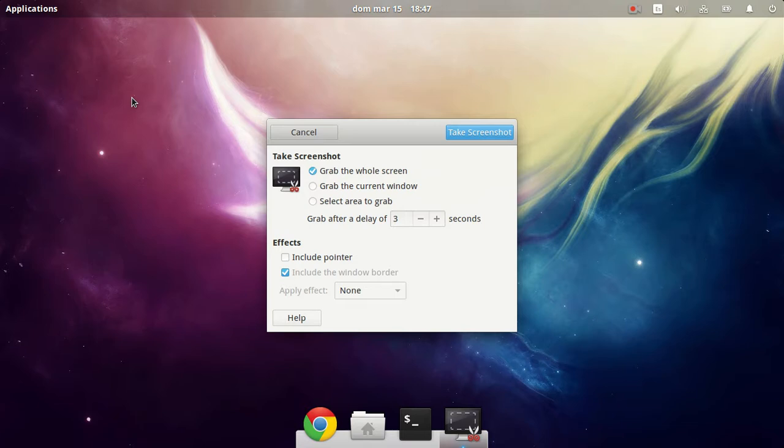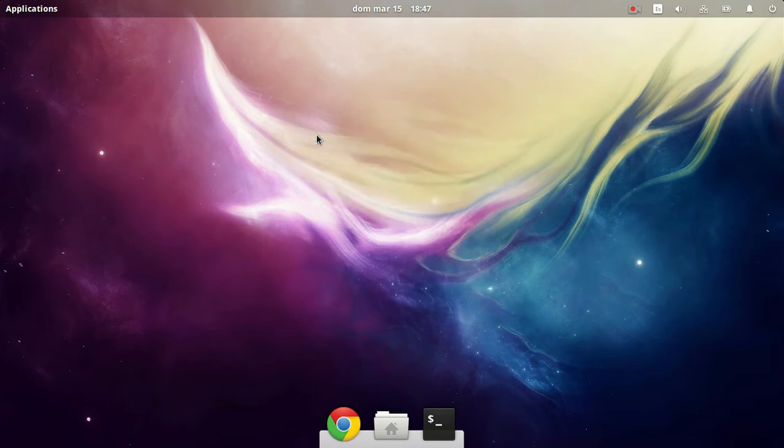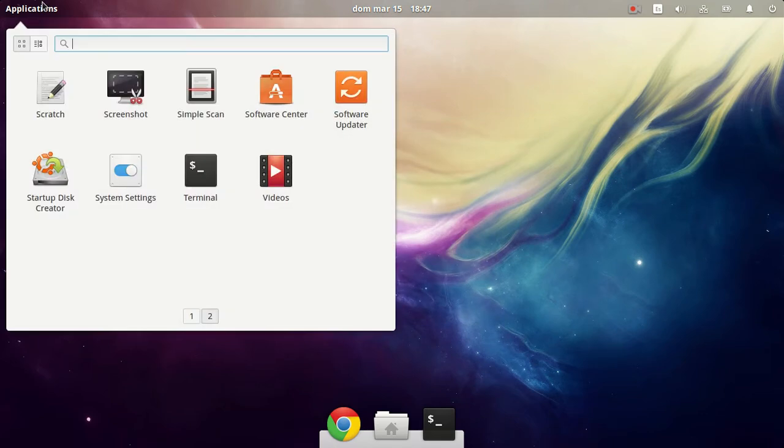Aside of that, we have Screenshot, which I think I already mentioned when I was doing the third-party elementary app reviews, because there was the Slingshot app, which basically had a little difference to this one. But the main difference for me is that this one doesn't allow you to change the format of a certain image that you have screenshot,